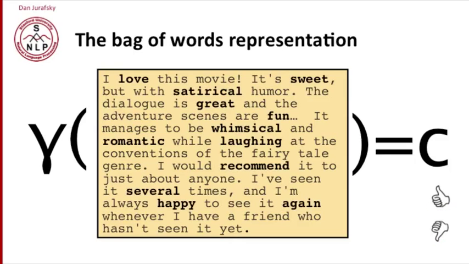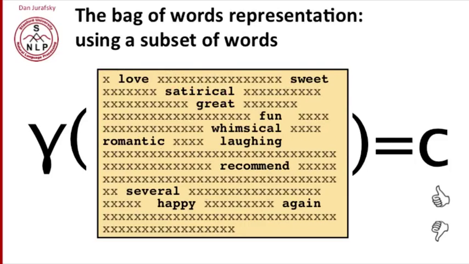In order to solve this task, one thing we might do is look at individual words in the document, like love or satirical or great. We might look at all the words, and in some kinds of text classification, we're going to look at every single word. And in other cases, we'll look at just some subset. If we were to look at a subset, we might imagine that the document looks something like this. It just looks like it has the word love and the word satirical and the word great,